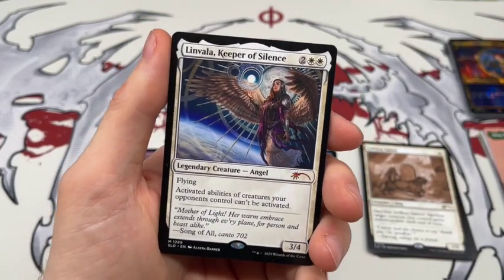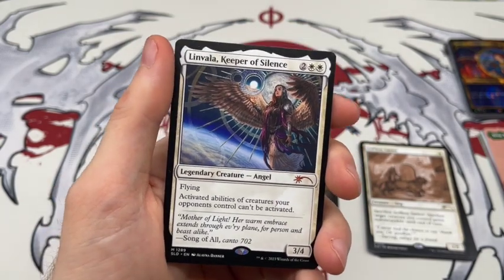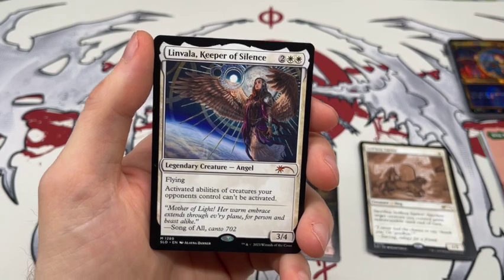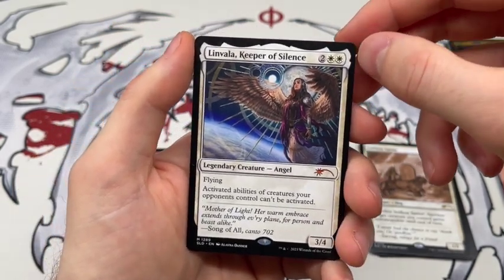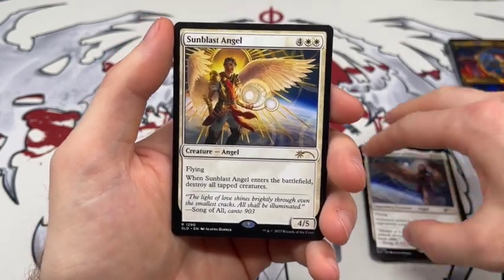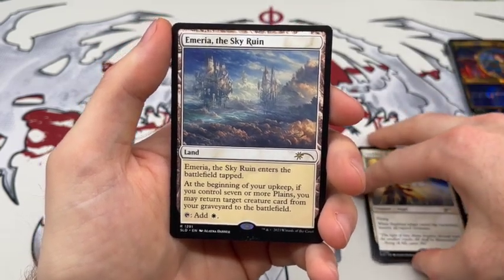So this one actually, because I do need to go more stacks heavy in my Safi Eric's daughter cEDH deck that I built, so picking up some more of the stacks pieces is always helpful. So Linval is a good one there. Sunblast Angel, Myria the Sky Ruin,